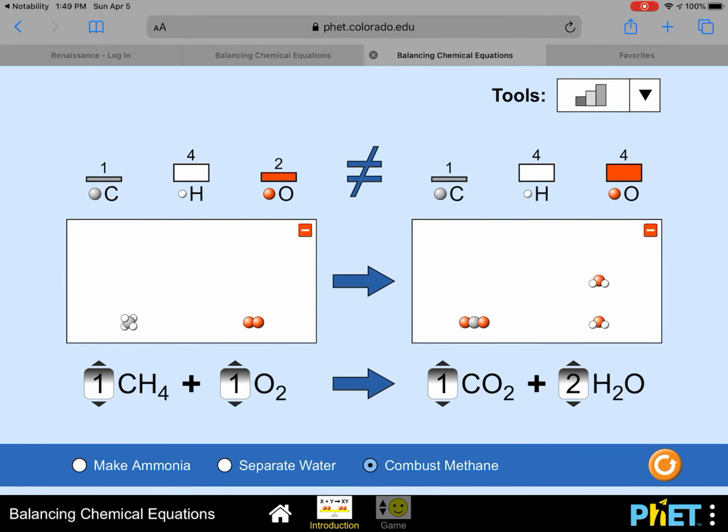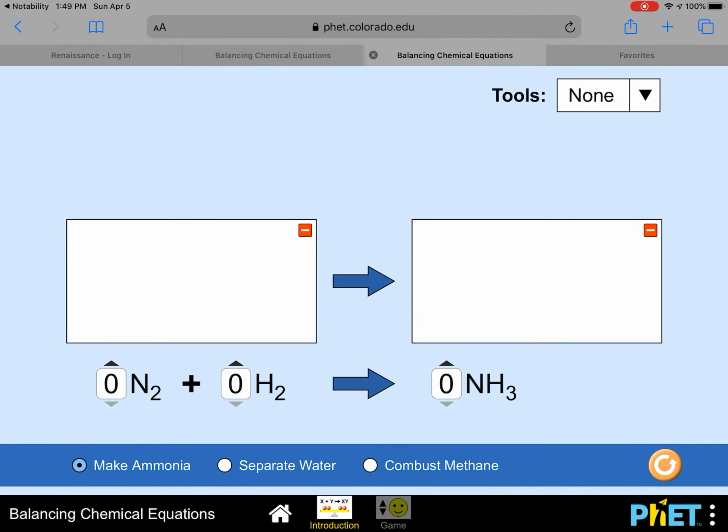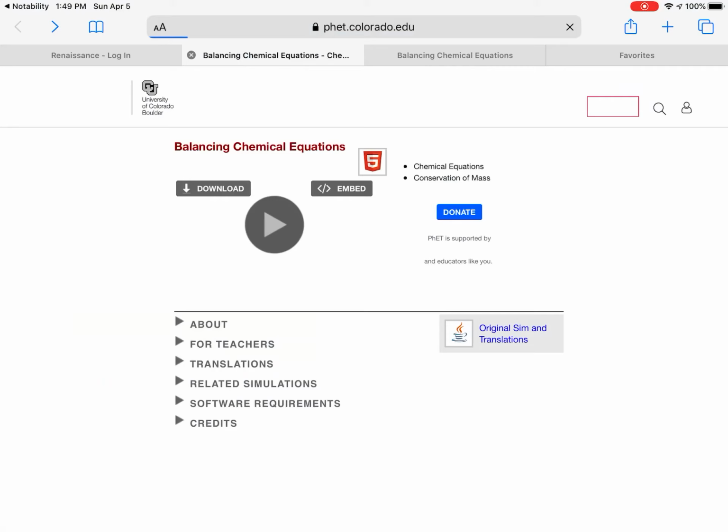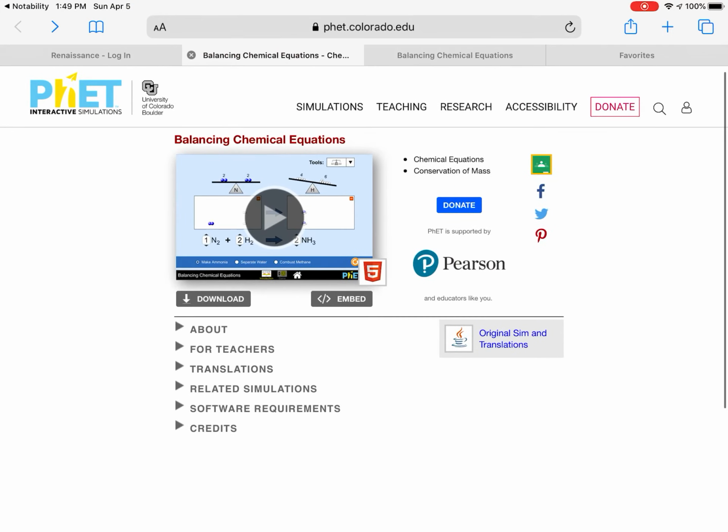On the right, I have a total of 1, 2, 3, 4 reds. So on the left, I need to increase this by 1. They have more than this. I can reset it, or if I go back out and click on it again,